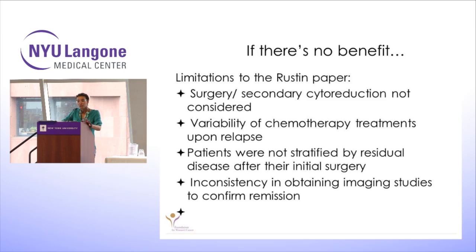So the patients were given chemotherapy treatments that we might not have considered optimal in the United States. And so there's some questions of whether or not they would have done better if they were treated with different types of chemotherapy. And perhaps it wasn't fair, as the stratification of how they did after their initial surgery wasn't done. And we know that probably the most important modifiable risk factor for how you're going to do long-term is how much disease is left after your first surgery. And they did not account for that in this study.